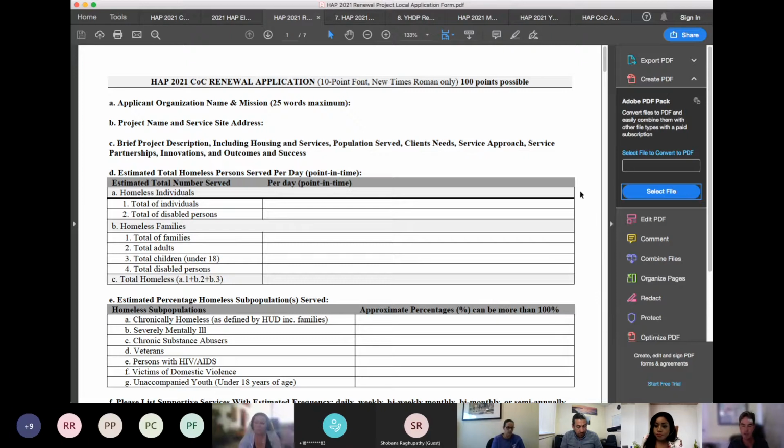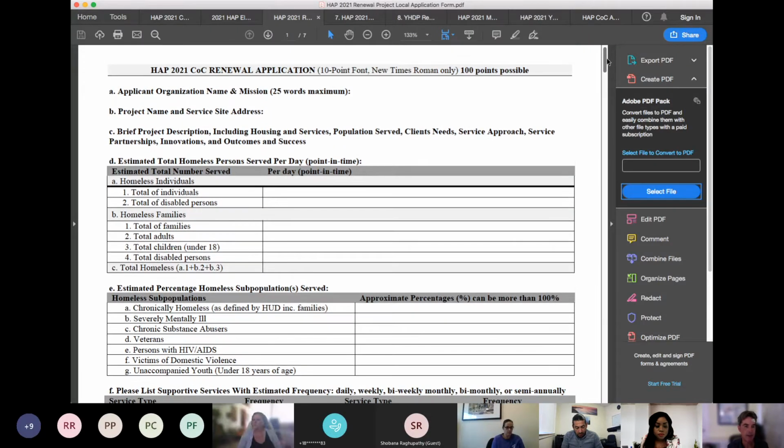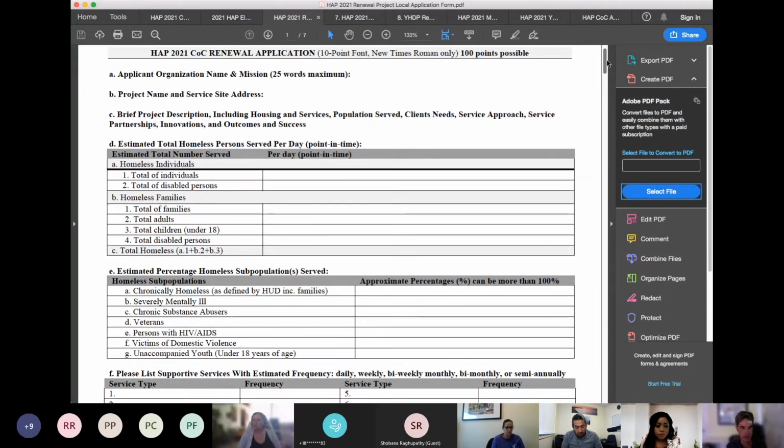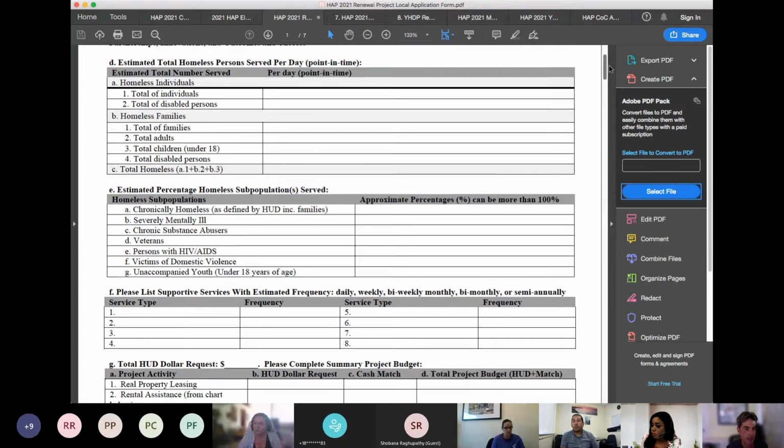So I'm just going to go very quickly through the local application form. So here's the renewal application. We want it in 10-point font, Times New Roman. The first page is basic information about your application, non-scoring information like your applicant name and project name, a brief description of the project, and then information that comes basically directly from eSNAPS, which is how many people you will serve of different population types,